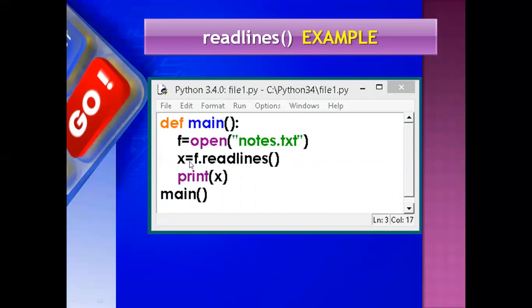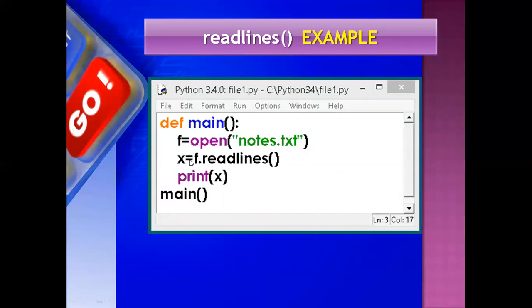Here x equal f dot readlines. Just like the previous example, you just add an s, and print x, this main returning here. So the entire content from this notes.txt file will be read by readlines, not a single line, the entire content.